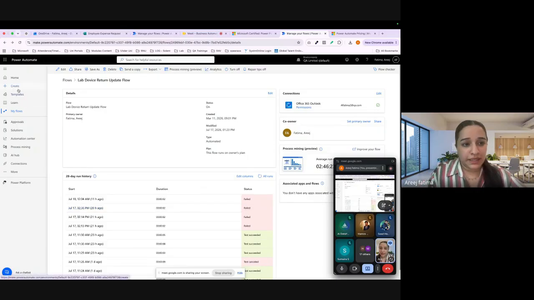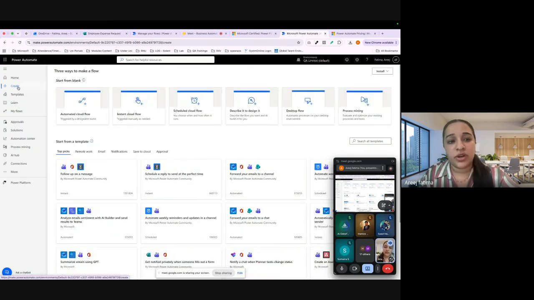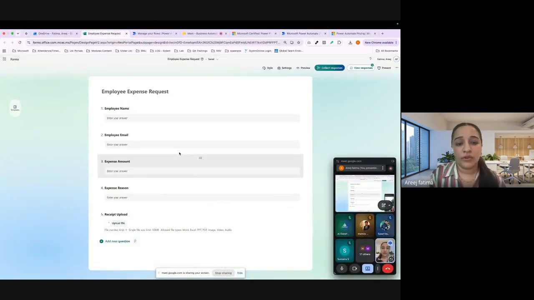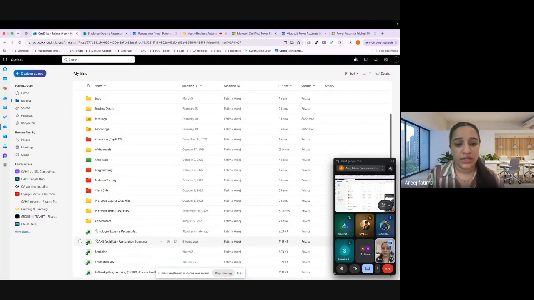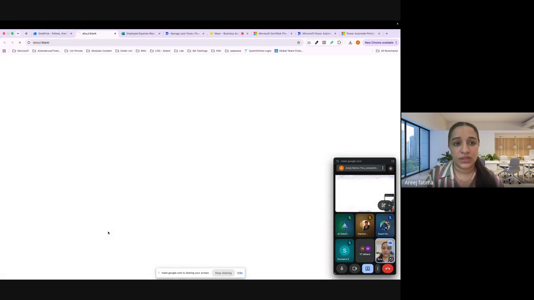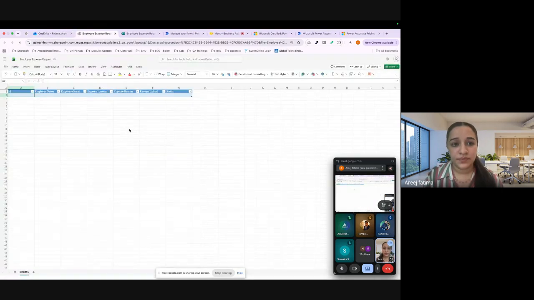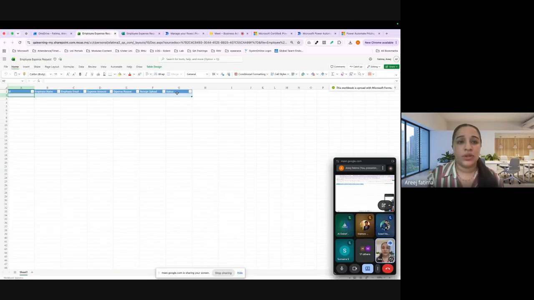So let's create, like if we need to create anything right now, currently our scenario is just to create one type of approval scenario. So for that, I already created a form. So inside this, the employee is going to add their complete details. On the other hand, we have one type of Excel sheet, this one. Okay, so we get the complete details and the status, like is it pending, is it approved, and whatever you have.